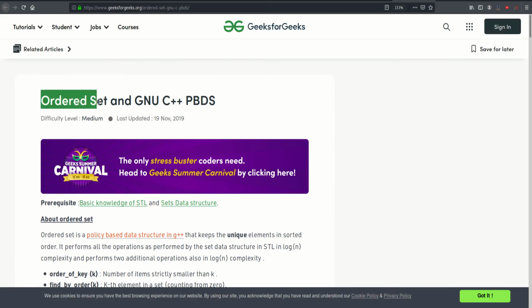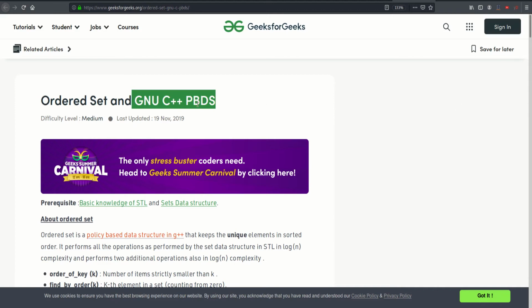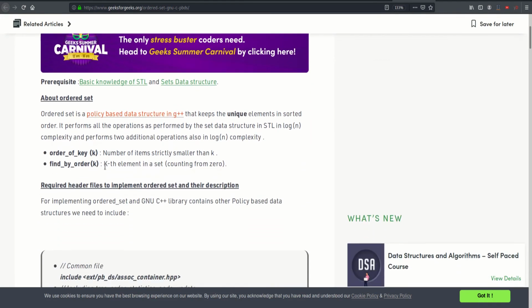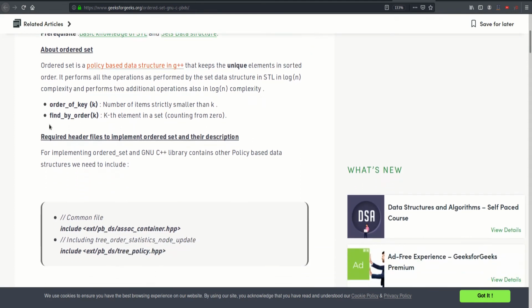So ordered sets are part of the GNU C++ policy-based data structures. Ordered sets are data structures that keep the elements unique, and we don't have an issue with that in our case because, as we saw, the IDs of the children are unique. It keeps the unique elements in sorted order, and it performs all the operations performed by the set data structure. So that would allow us to do the insert and the erase in log n, and it performs two additional operations also in log n complexity, which are the order of the key,